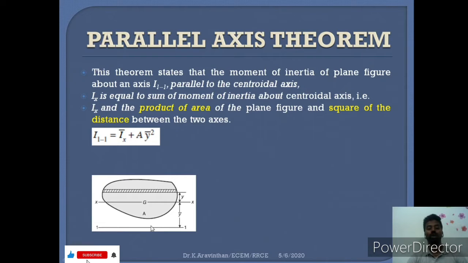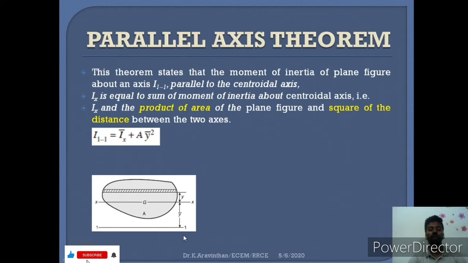And if you want the moment of inertia at the reference plane, moment of inertia is generally indicated by the capital letter I. If you want the moment of inertia at 1 1, I stands for inertia, and 1 1 is a plane. According to the parallel axis theorem, you have to find the moment of inertia at the axis parallel to the plane. So what is the axis parallel to the plane?